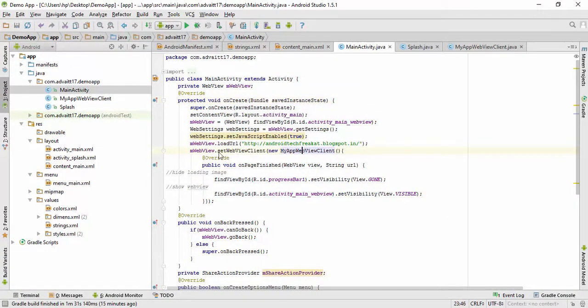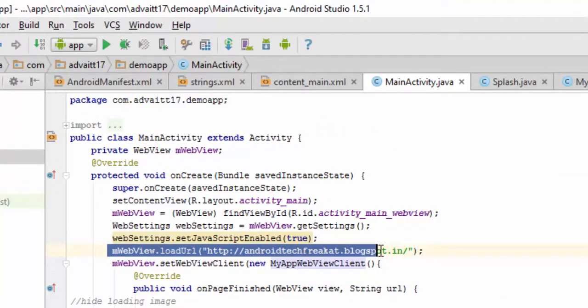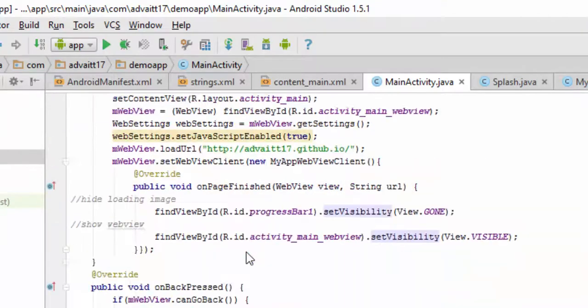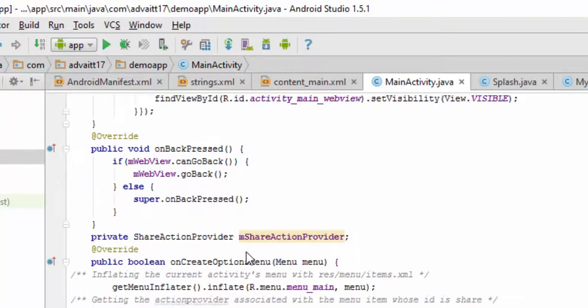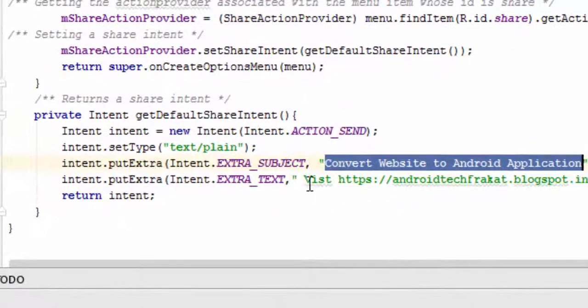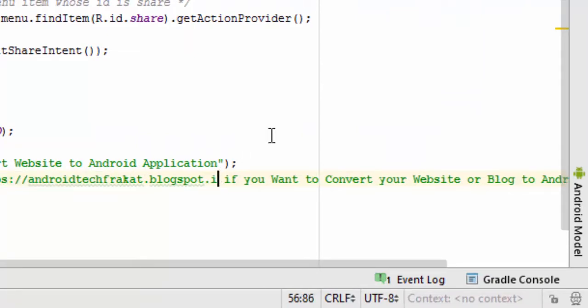Now the editing part. So here you can see this line mWebview.loadUrl, then your URL whatever it is. So replace this with my given code. Suppose I will take this. Okay, so now I have replaced it, and again editing is here. This is the text. This will be the first line of the text, and this will be the second line, so you can edit it here. Now I am editing this only,